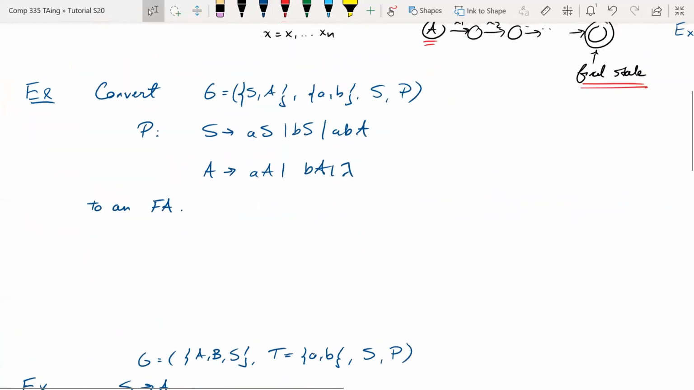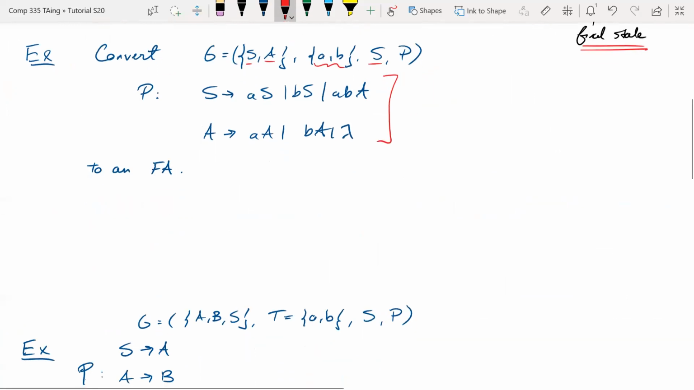Suppose you have the following grammar G, where there are two variables S and A. The terminals are over A, B, and the start variable is S. And you have the following production rules. You want to convert this to an FA. So it can either be a DFA or an NFA, as long as it's a valid finite automata. Okay, so